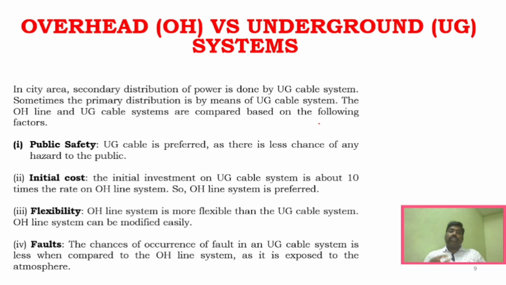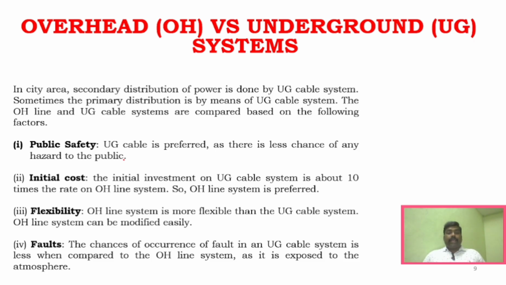Overhead cables are mostly used in remote places and up to primary transmission, whereas in the distribution part, and even in the secondary distribution, we will start using the underground cables. And what is the main reason? What are the different factors to be considered? The public safety. When you take underground cables, it is preferred because it is less hazardous to the public. The underground cable is much costlier than the overhead cables, but when it comes to city limits, safety is very important, right? Flexibility. Overhead cable is more flexible than the underground cable system, but the underground cable system